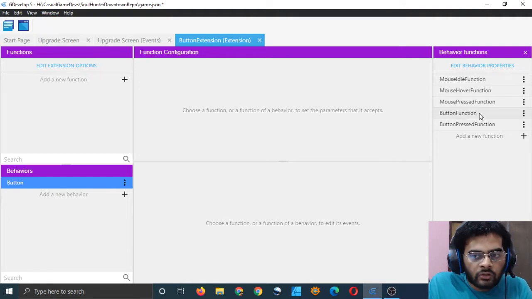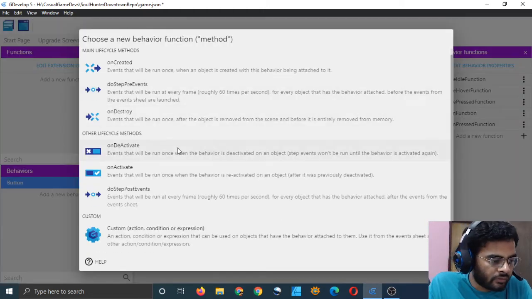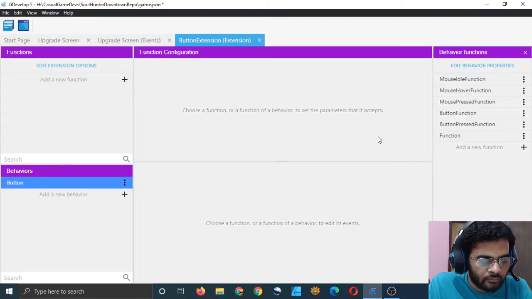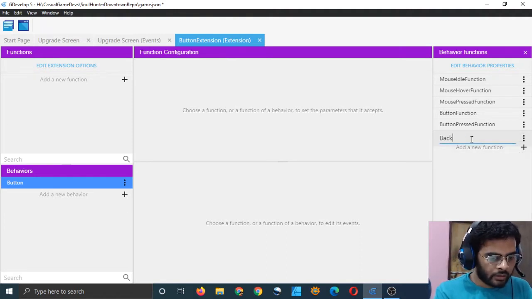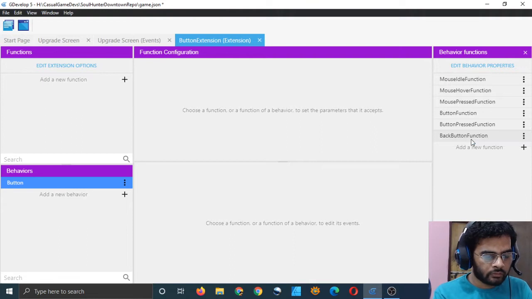What I can do is, for the back button, I can create another function and just rename it like this. I will call it back button function, and this function will just take us to the previous screen. That's all it will do.